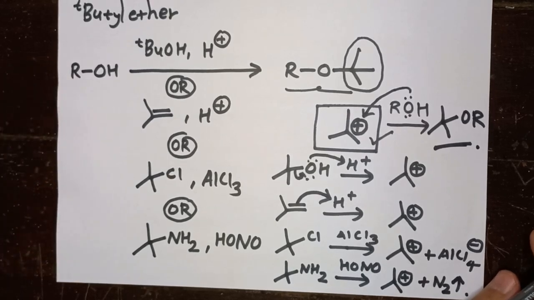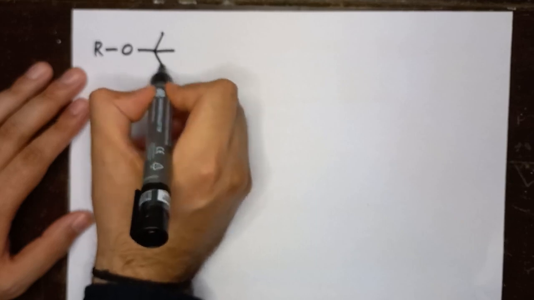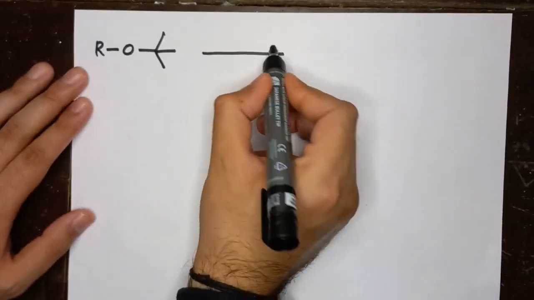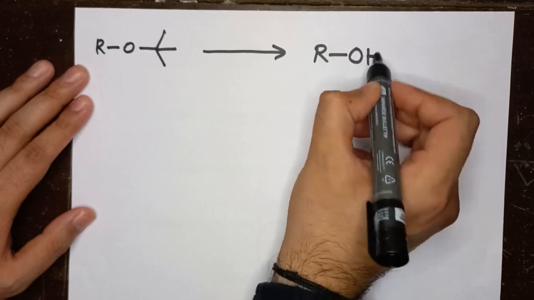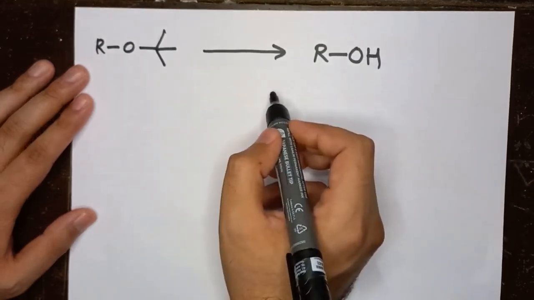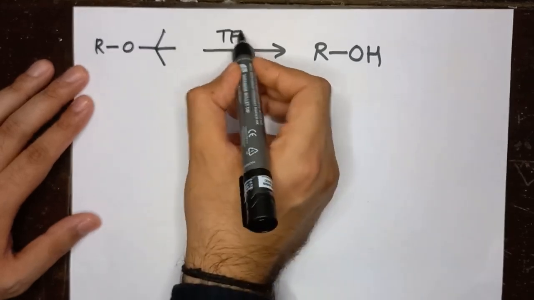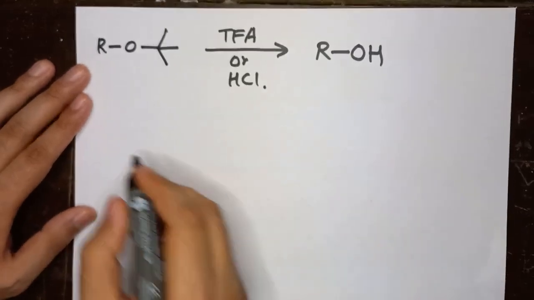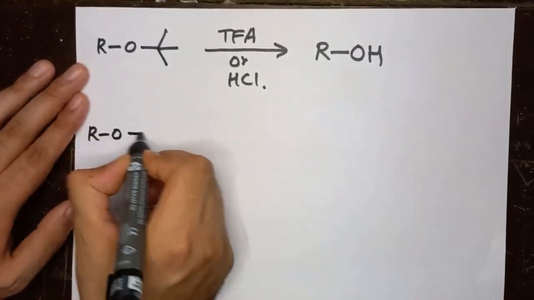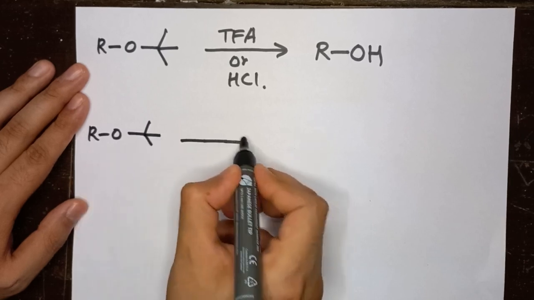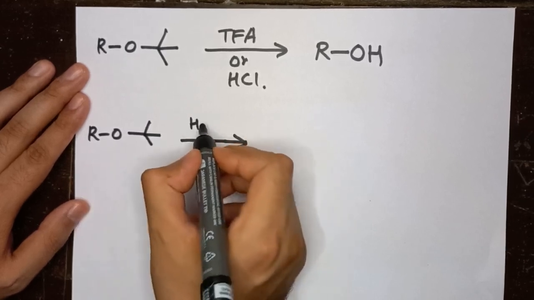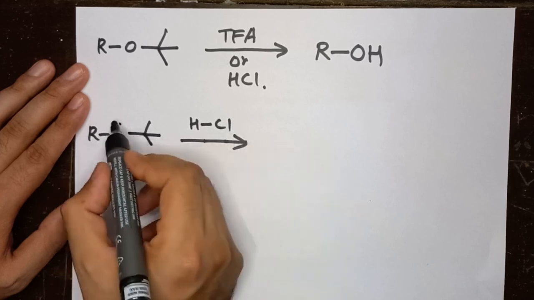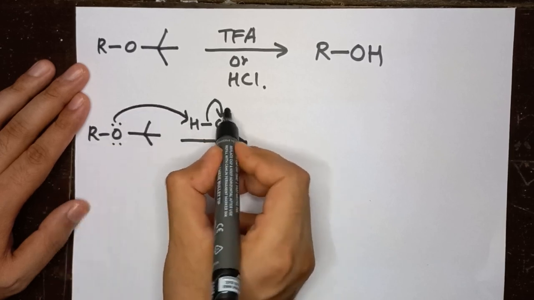Now let's talk about the deprotection of the tertiary butyl ether group. Okay, so this is my tertiary butyl ether protected group. If you want to convert this back into alcohol, you have to use an acidic environment. You can use trifluoroacetic acid, or maybe you can use HCl. So what is the mechanism? Suppose I am reacting this with HCl. This oxygen lone pair will grab this proton, eliminating chloride anion,